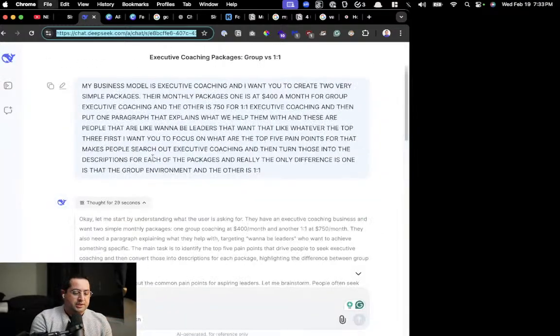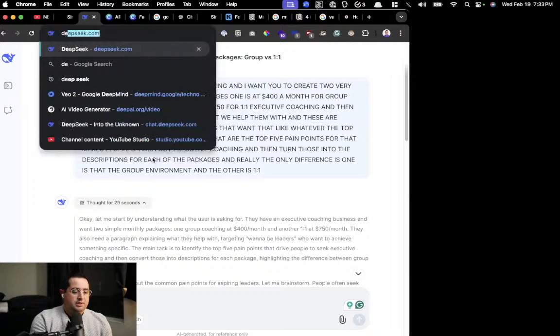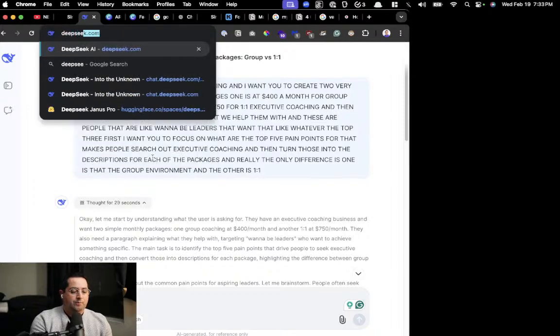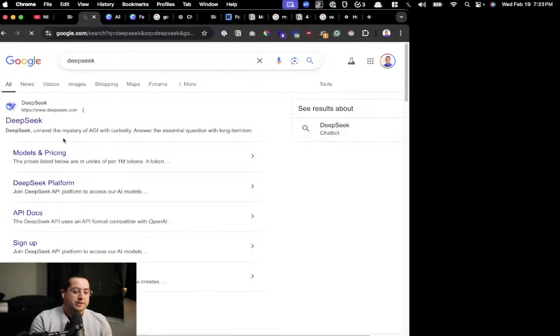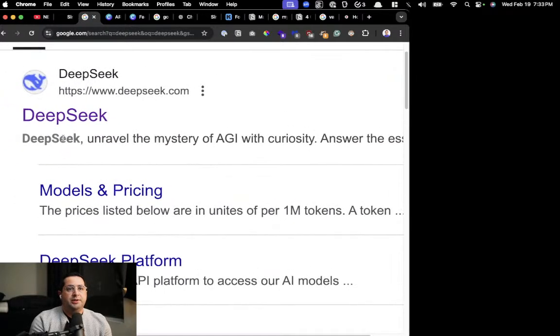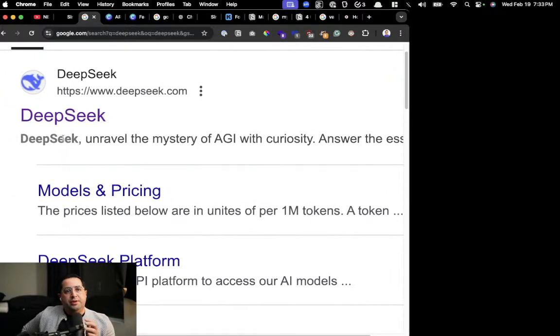Let's just go to the website, DeepSeek. I like Google, just so everyone can see. I think that's the easiest to communicate. DeepSeek is going to be your go-to, especially if it's complex, requires reasoning, like something that needs chain of thought thinking. Then I would definitely go with DeepSeek. Second to that is going to be Mistral.